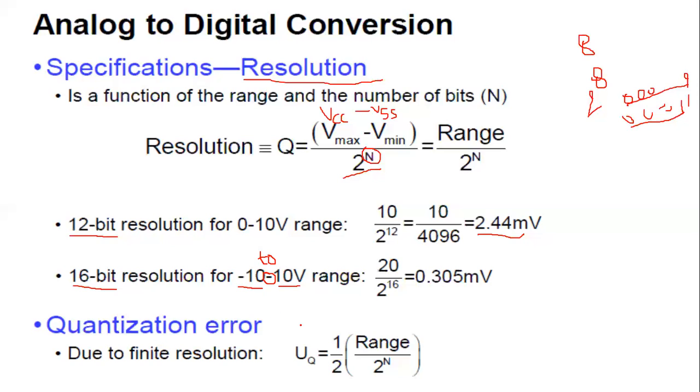Similarly, quantization error. Quantization error means, if you divide into samples, how much error you get. That error will be calculated. Range by 2 power n is called the resolution, and resolution divided by 2 is called the quantization error. Okay, these are the simple definitions for 2 marks. Thank you. These are your 2 topics.